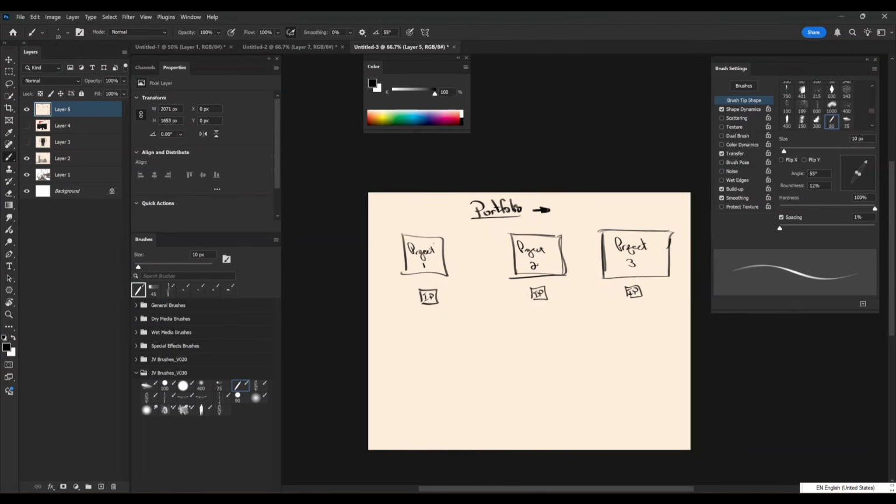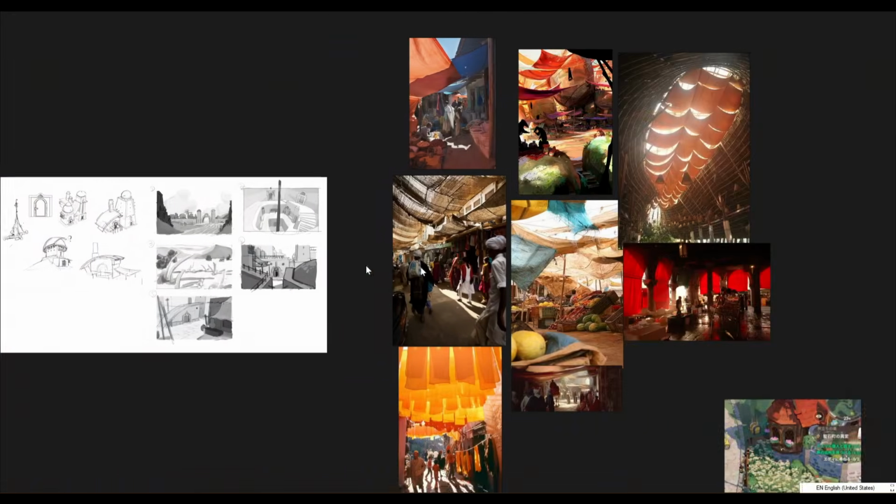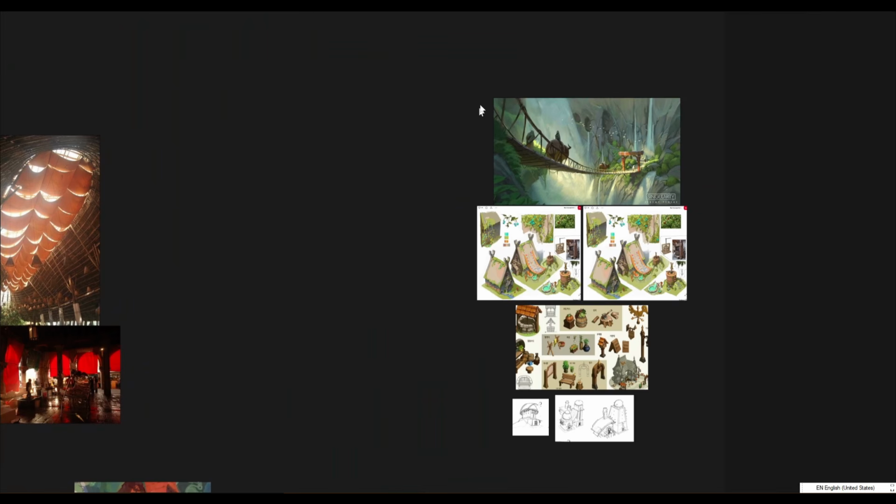right? And each project is going to have portfolio-based pieces, right? And this is going to vary, right? But what I don't want you to do is just create one image here, one image here, one image here, and that's your portfolio, right? No, let's actually work as if you were working on a project or in a studio scenario, in which you're going to end up doing multiple things. And an example of that is exactly what I did here, and I'll break this down in a second here,